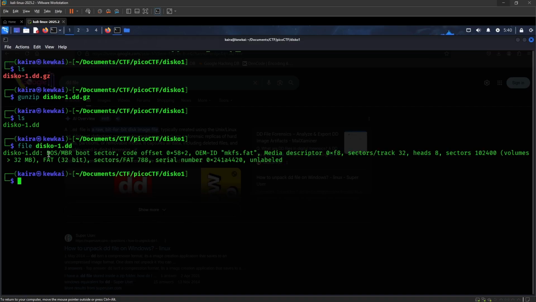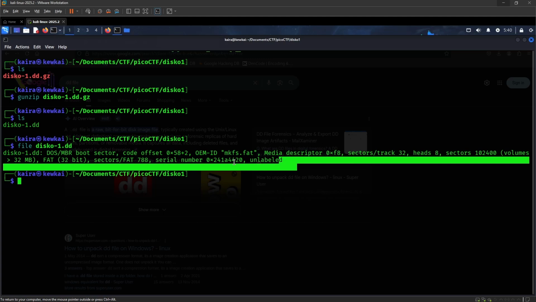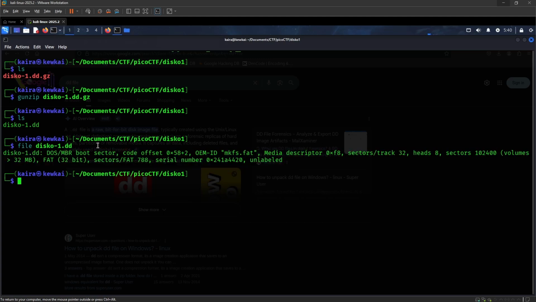It says DOS MBR boot sector, code offset, then mkfs.fat format, and it says sectors, total sectors, FAT 32. So it's giving a basic understanding of this disk image.